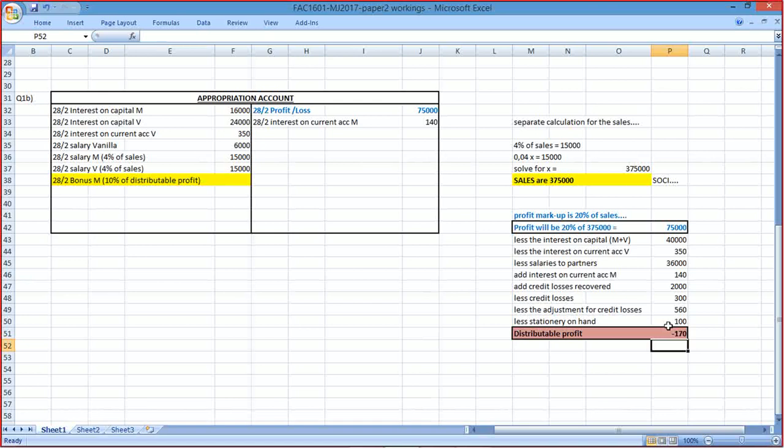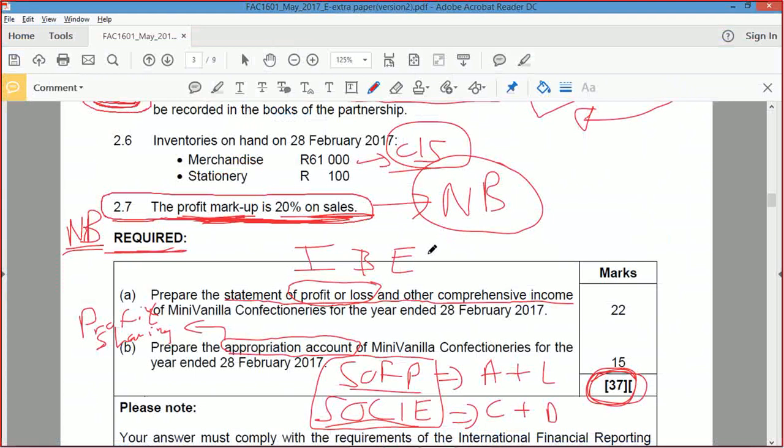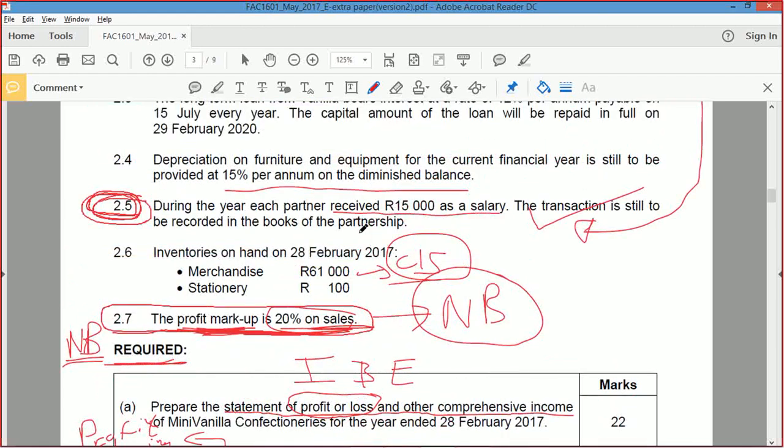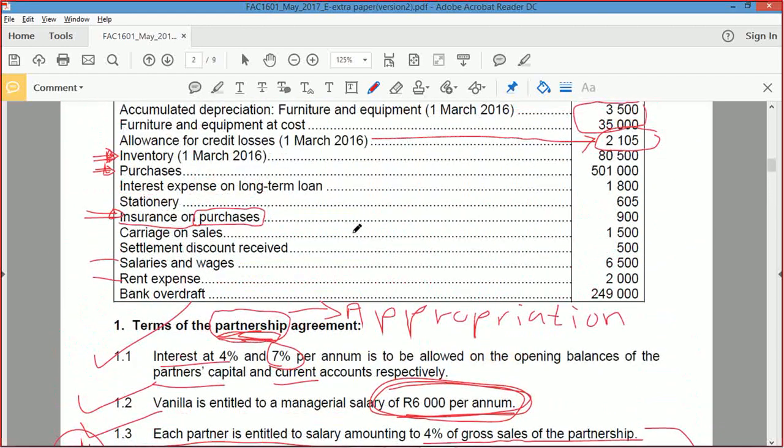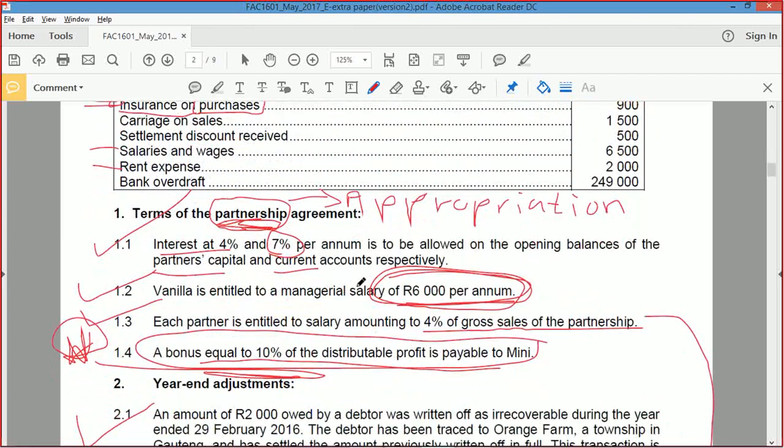That was the profit, 20% of the sales. Sales was 375, which is 75,000. We subtract all of that, and we've got 170. It's strange that we have that. Let's just go back. Profit markup is 20% on sales. Did they give you sales anywhere here? No, they didn't, so you had to work it out. The only thing they gave you here was